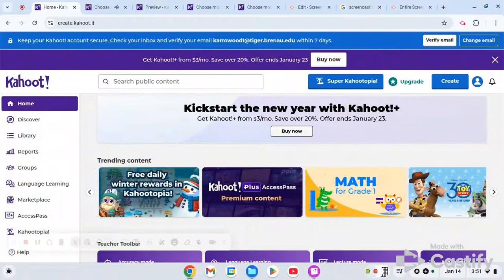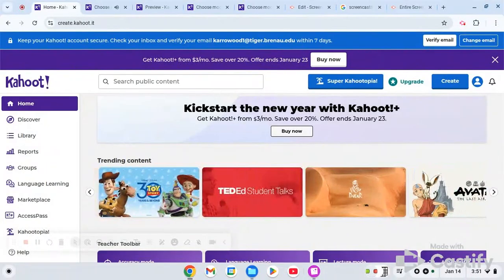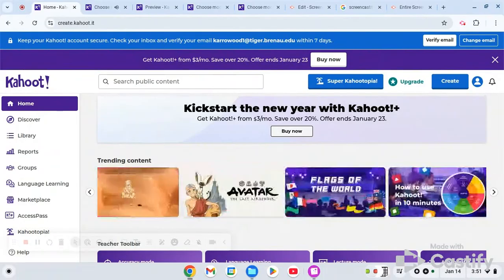In conclusion, Kahoot is a flexible and engaging tool that supports interactive learning and assessments. This video demonstrates its key affordances for classroom use, and I hope you find a way to implement it within your